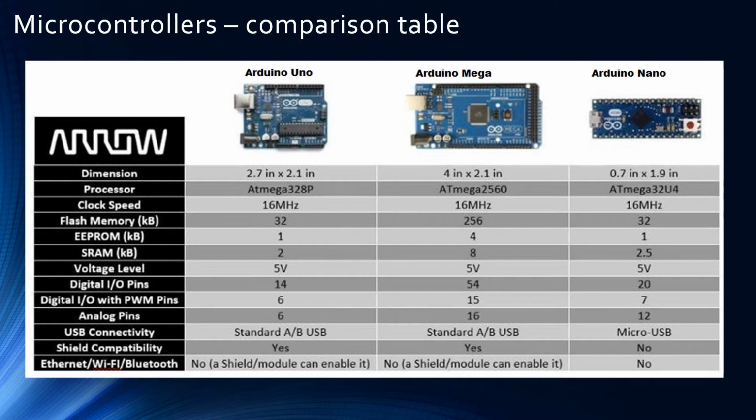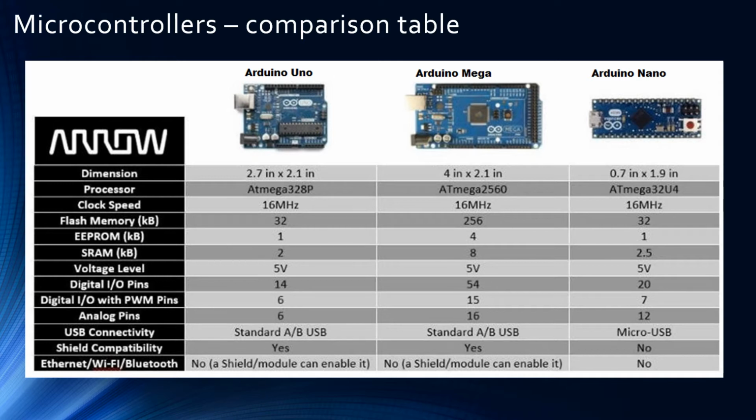And then the flash memory. The flash memory is the hard drive for the microcontroller. This is the permanent storage. This is where you install the application into the microcontroller. So flash memory is the hard drive for the microcontroller. As you can see, the size of the hard drive is only 32 kilobytes for the Uno, similar with the Nano at 32, and the Arduino Mega a little bigger, 256 kilobytes. So that's the hard drive.